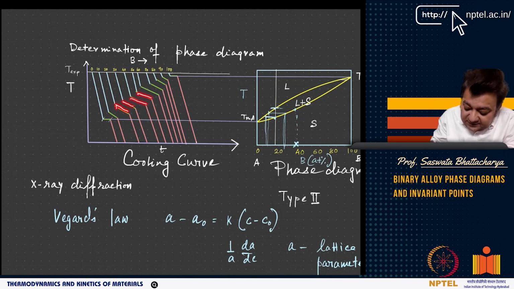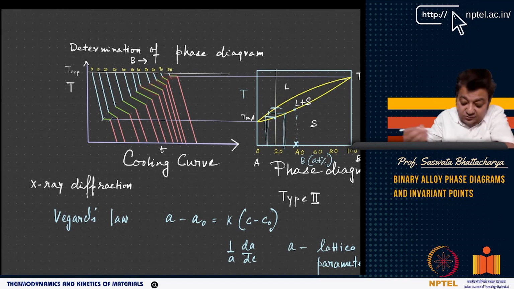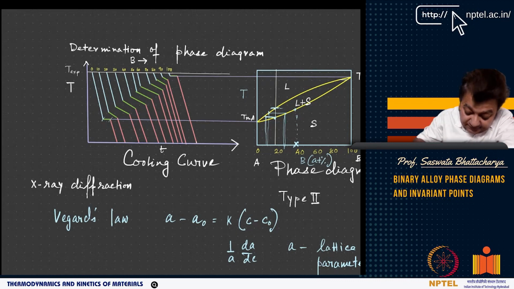Again, it becomes horizontal when you have pure B, 100% B. So on 100% B, you have a horizontal line. Otherwise, you have these sloping lines, right? You have these different sloping lines. Now, if you look at the sloping lines, just follow my pointer. If you look at my pointer, you can see the change in slope here.